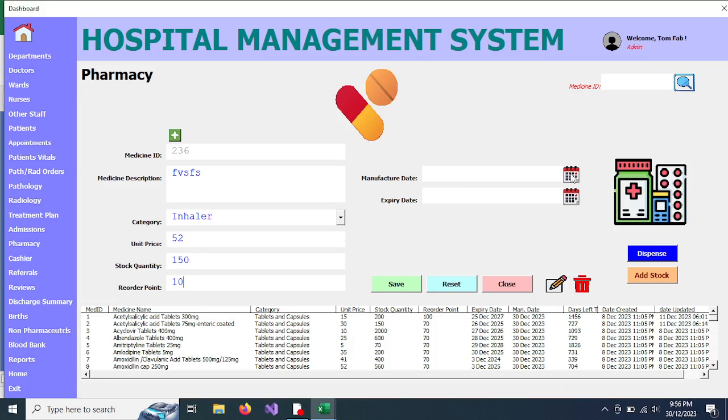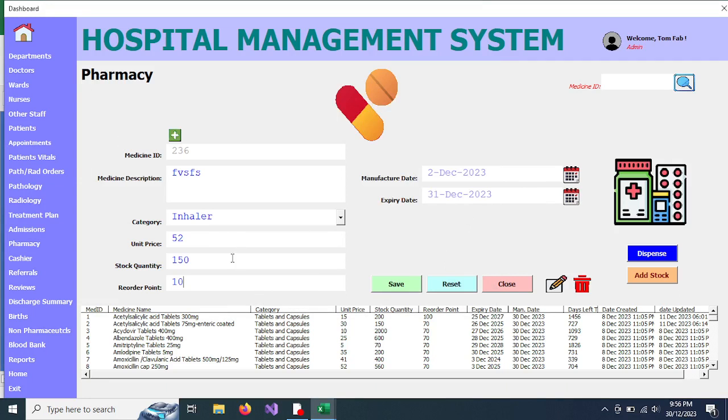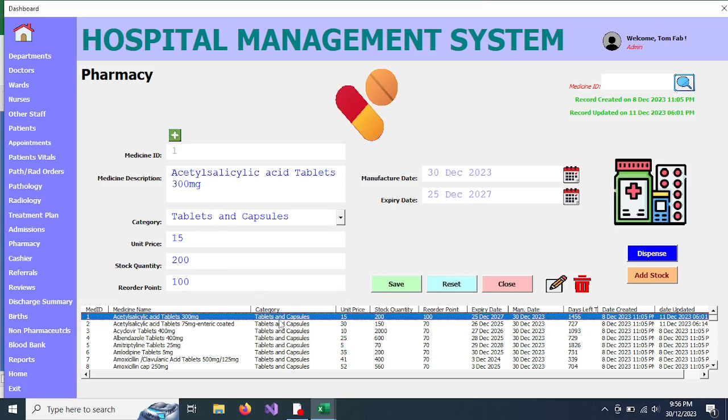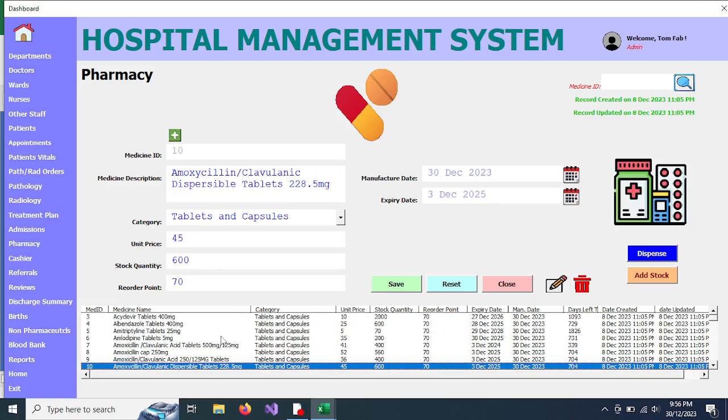Then the manufacture date you put here, then the expiry date you put there, all right? So that is how you will enter, then you save. So these are already entered data. When you select, you can see we are already displaying them on the controls. So these are already medicines that we have in our system. Those are the real medicines that we have